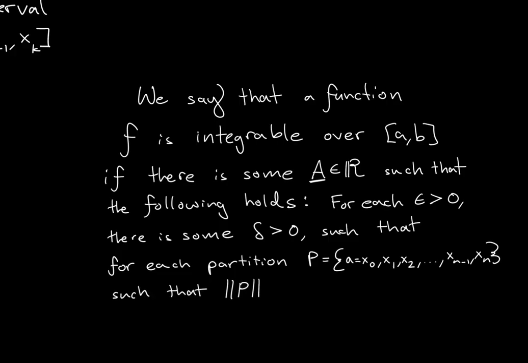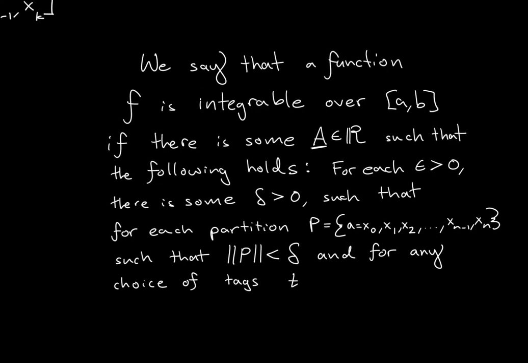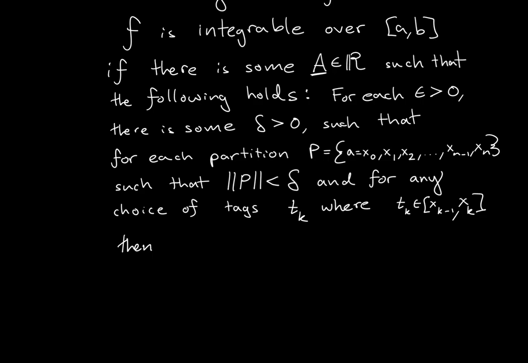That simply means the length of the greatest subinterval for each partition, such that the norm of the partition is less than delta, and for any choice of tag, t sub k, where t sub k, of course, is an element of the kth interval, x sub k minus 1 to x sub k, then